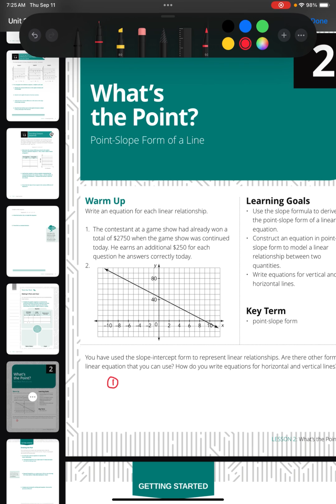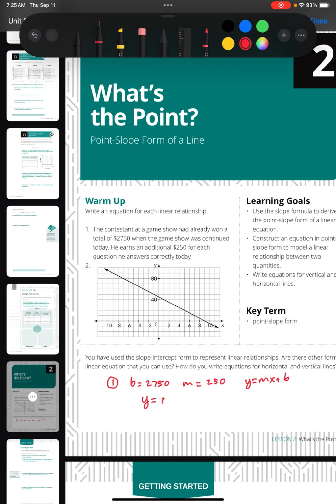What we have is a starting point, a starting value. So he has already won a total of $2,750. So we can call that our y-intercept. Remember, that's always our starting point. And he's earning an additional $250 each question. So he's got a slope of 250. So we can write that in slope-intercept form